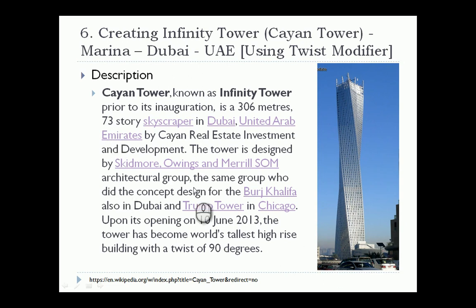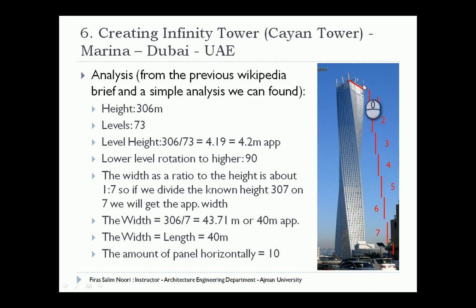You can put that in AutoCAD as a picture, and scale that and put this point and this point as 306, and measure this, scale it, and then measure the X and Y. You can just make it or divide it roughly. So if from this point to this point is 306, and we have 73 levels, we talk basically about 4.2 meter as the height of each level, which is a reasonable and logical number. And we can divide the 306 by 7,